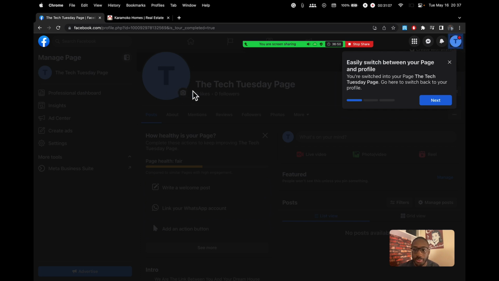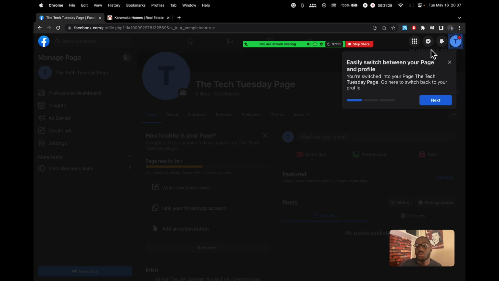for your business page. And you can switch between your page and your profile. You log into these using the same email and password or same username and password, but they're two separate accounts. So you can interact on Facebook as your page, or you can interact as your personal account.